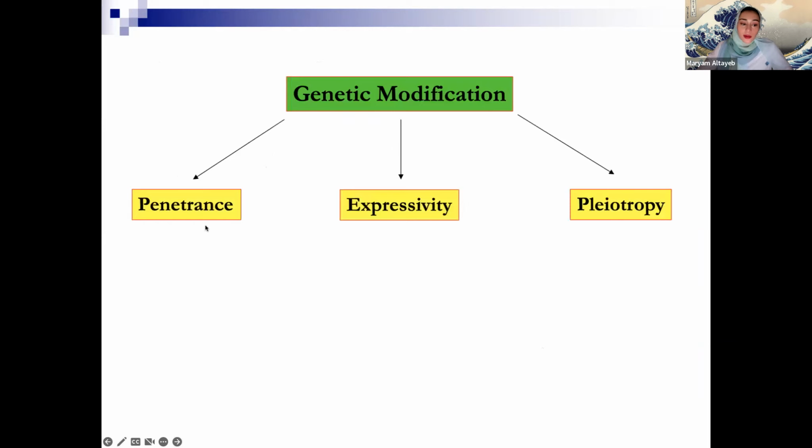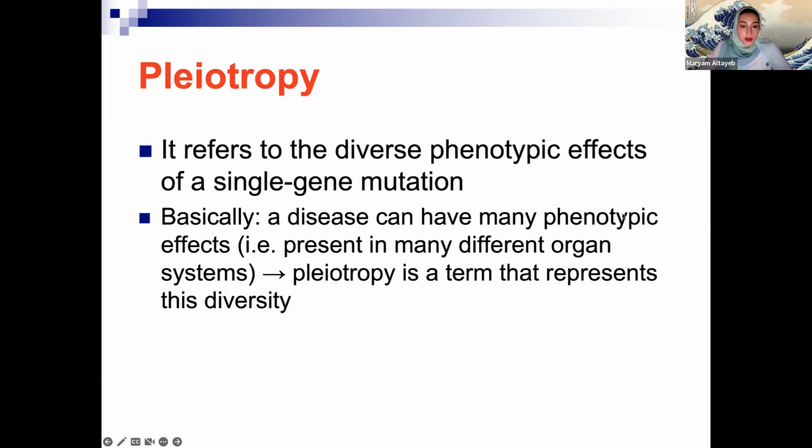Okay, so we talked about penetrance, what percentage of people with a mutation are going to show disease. We talked about expressivity, which tells you people with the same mutation can have maybe a milder form or more severe form of the disease. And then last but not least, we have pleiotropy. Okay, so when we talk about pleiotropy, it's basically talking about